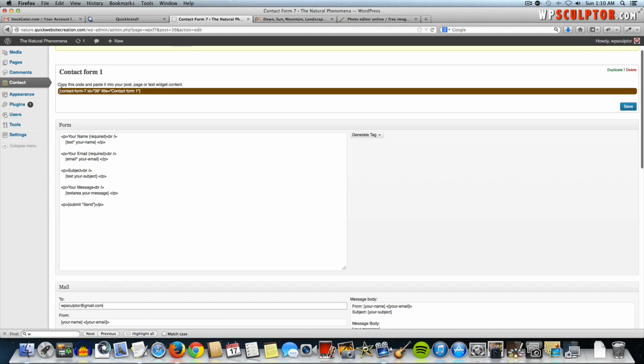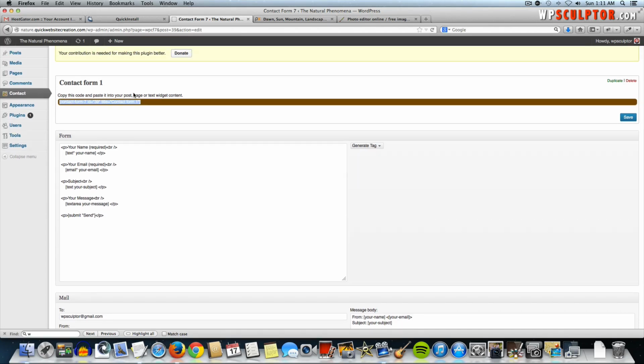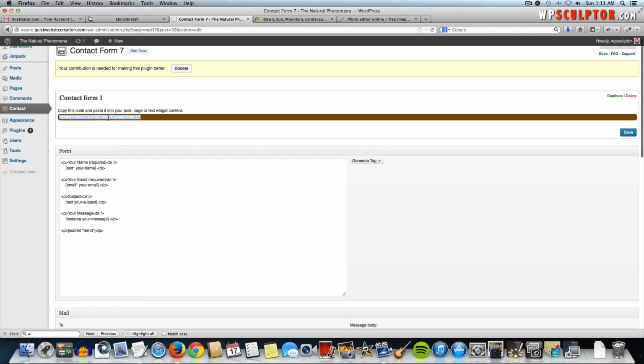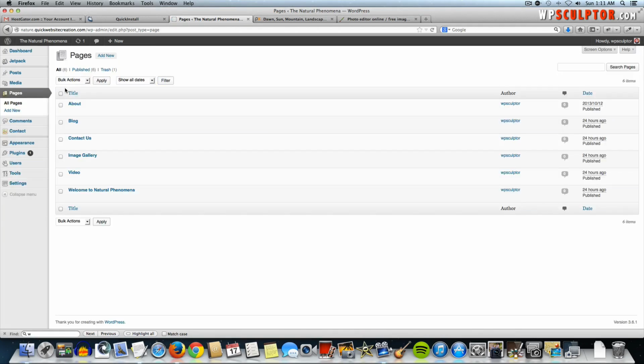Now this right here, this is called a shortcode. And a lot of WordPress plugins use shortcodes, and basically what that does is if you copy the shortcode, you can now paste it anywhere on a blog post or a page that you've created, and we're going to paste this shortcode on our Contact Us page so that the contact form will appear on that page. So now that we've copied that code, go back to Pages, All Pages,